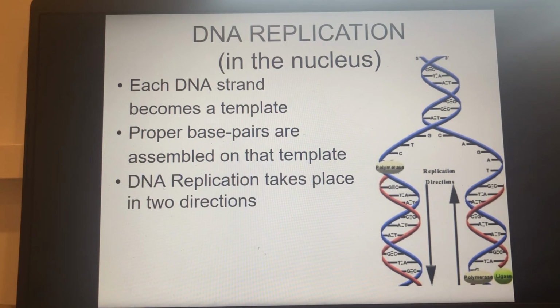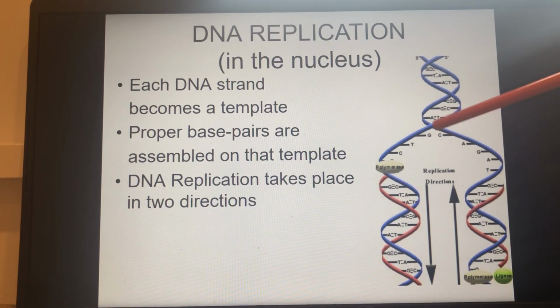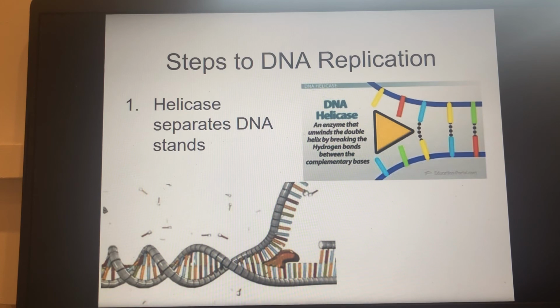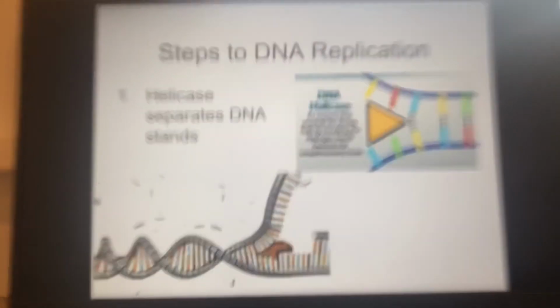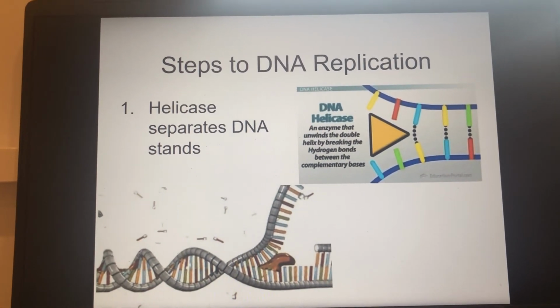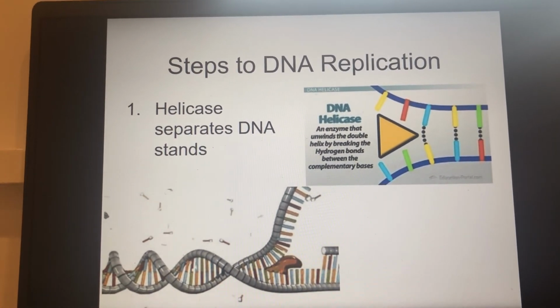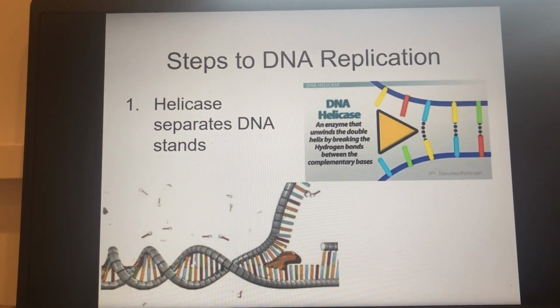DNA replication takes place in two directions, but basically it's unwound and one end goes this way and one end goes this way. This is the thing I don't want you to get too stuck on, okay? Let's just look at these main enzymes and let's focus on them, okay? The main first enzyme is helicase, and helicase's job is to basically unwind these two